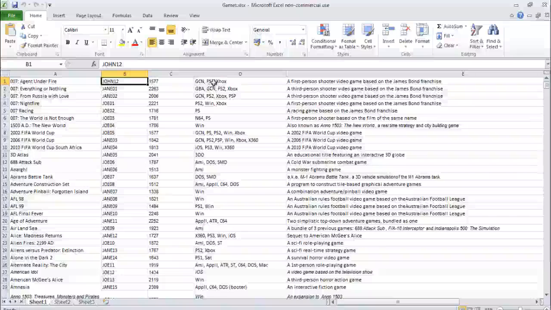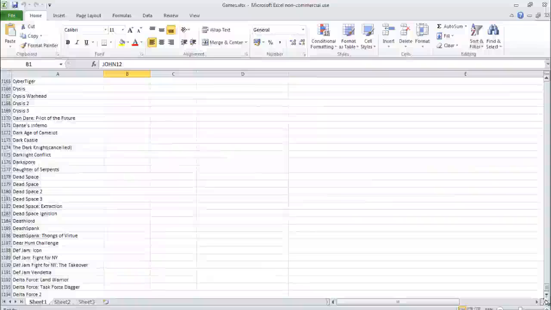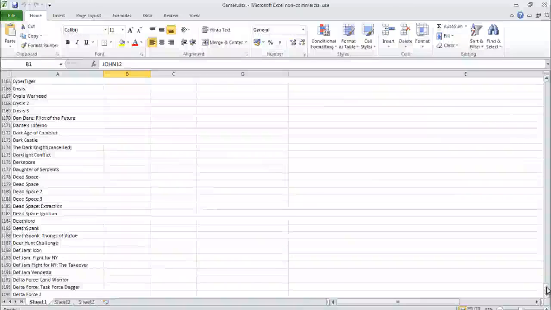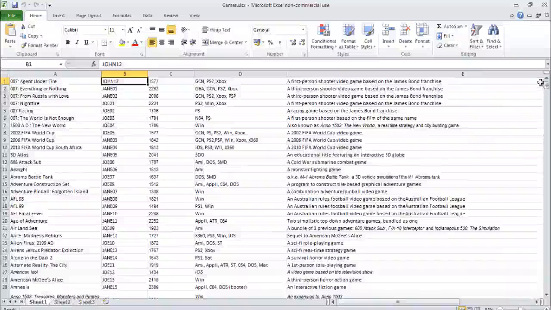The fourth column is all the platforms where the games can be played. And the fifth column is a short description about what the game is and what it does. So we have this big list of close to 1194 rows, which shows all these columns. This Excel sheet, which anyone can create on a Windows desktop using Microsoft Office, is named